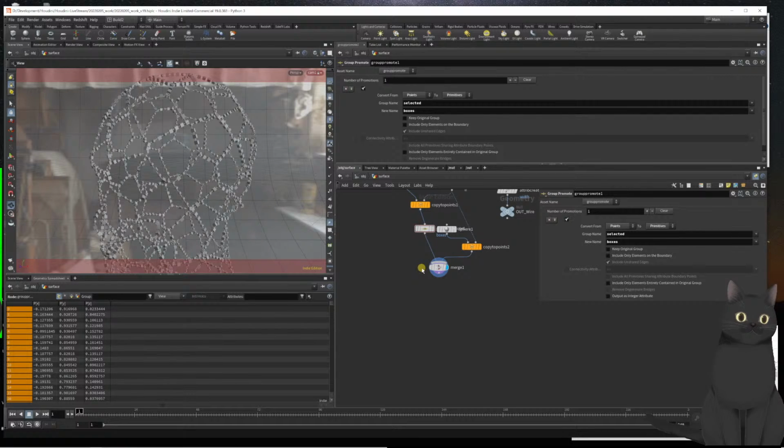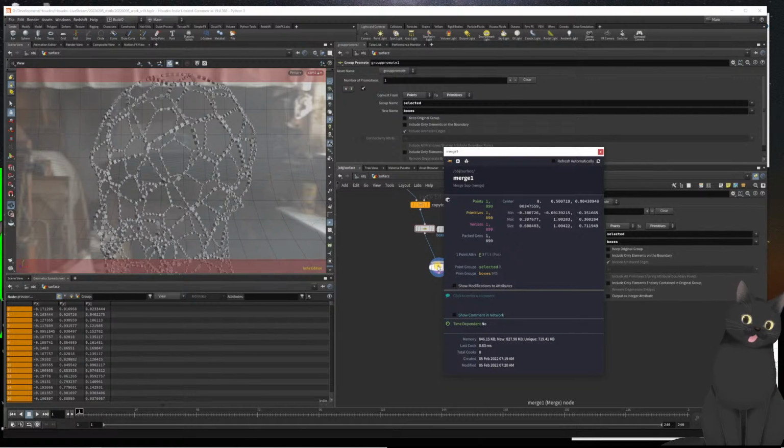Here is now that the copy to points created instances for each of those boxes. We now have all these instances put into a prim group that's just storing which of those